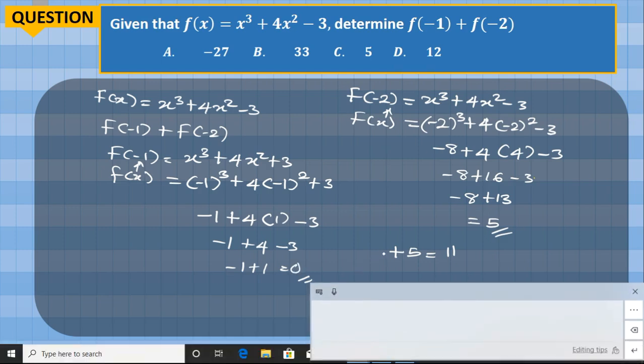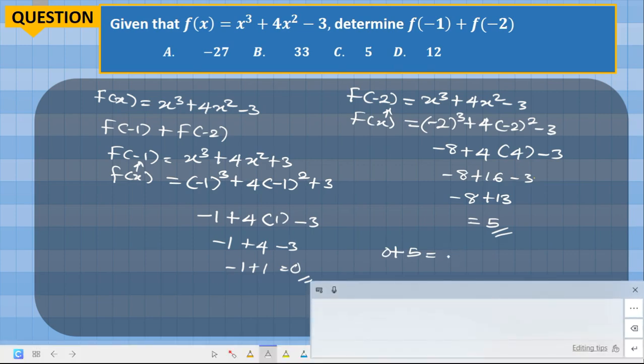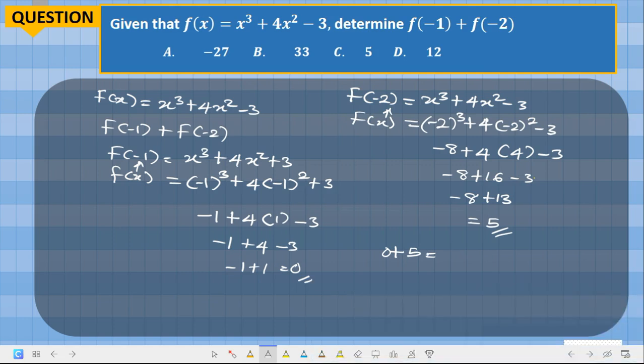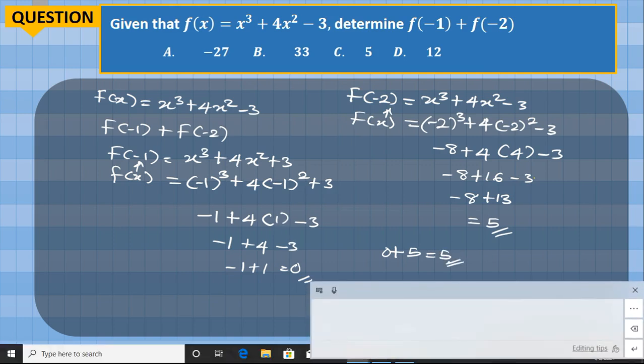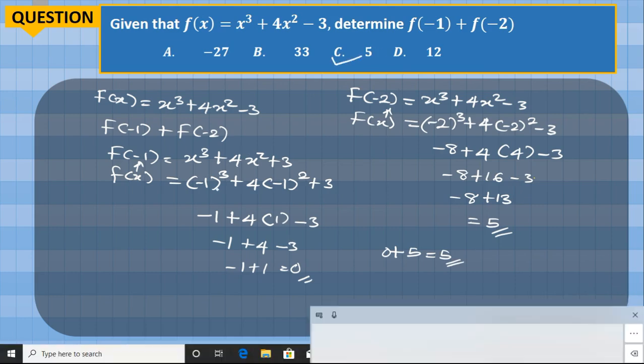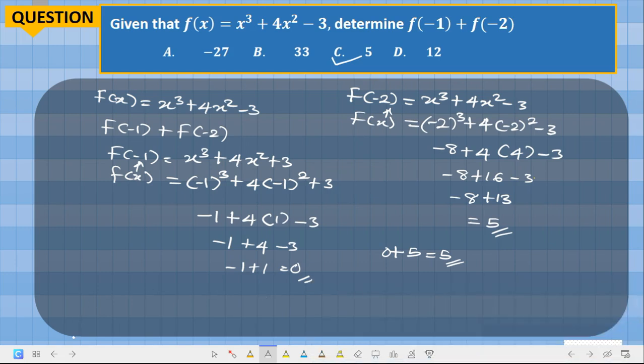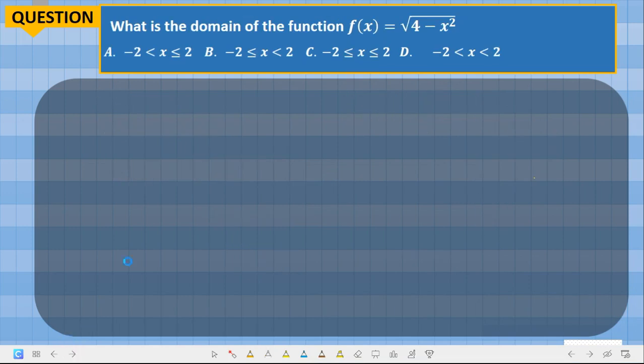So here is 0. So we have 0 plus 5, which will give us 5. So the correct answer to this question is equal to 5 and not the one we got initially. Okay, now let's continue. We have the next question that says,